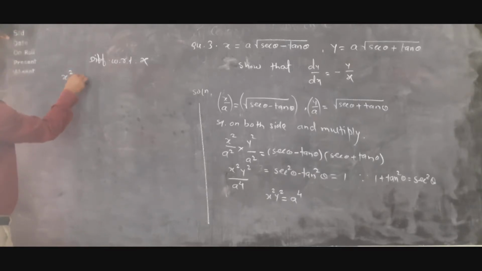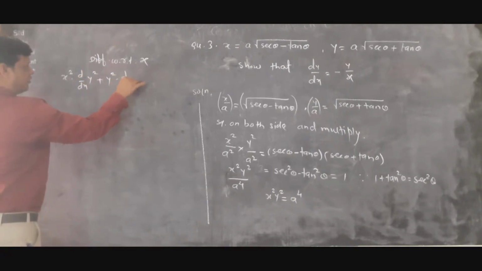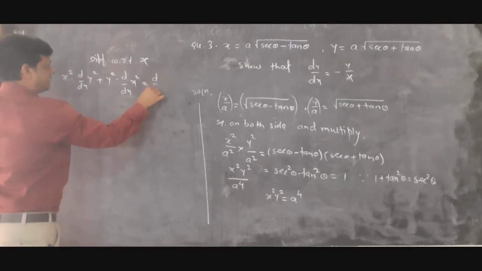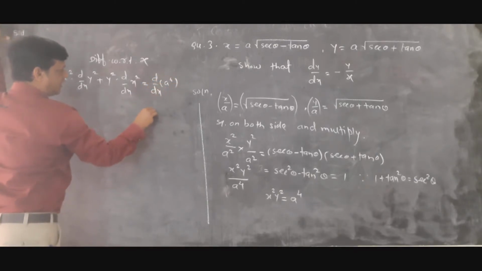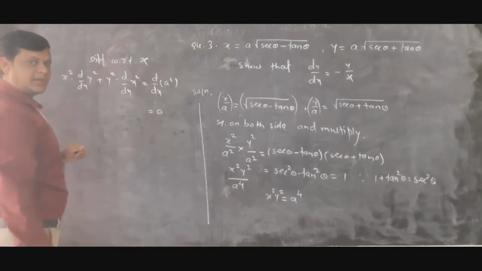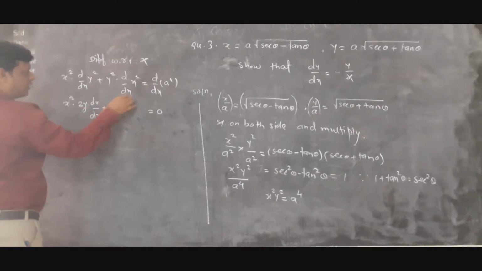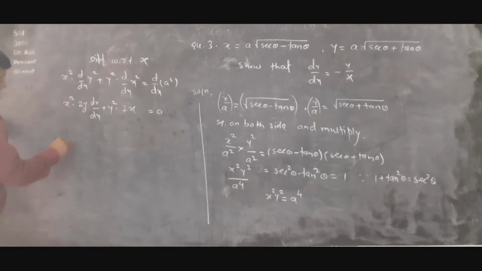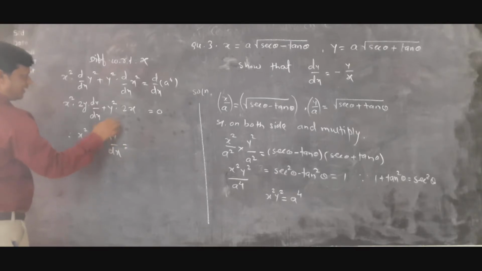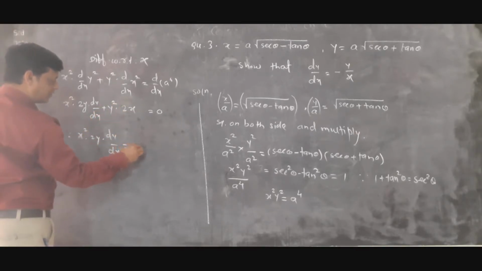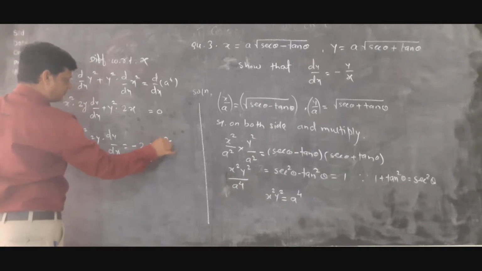Write first function into derivative of second plus second function into derivative of first, and the derivative of the right hand side. Now the right hand side is a constant, so its derivative is 0. Here we get x square into derivative of y square, we write 2y into dy by dx, plus y square into derivative of x square, we write 2x. So we write x square into 2y into dy by dx on the left hand side, and transfer this y square into 2x to the right hand side, we get minus 2 times x into y square.